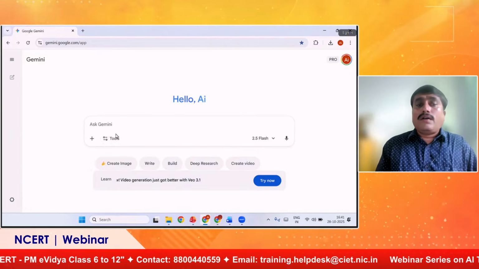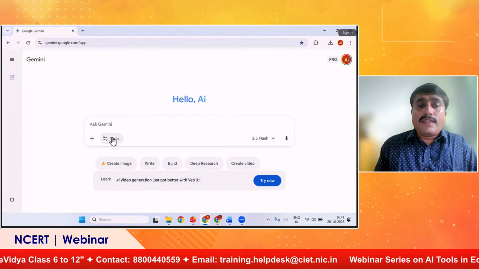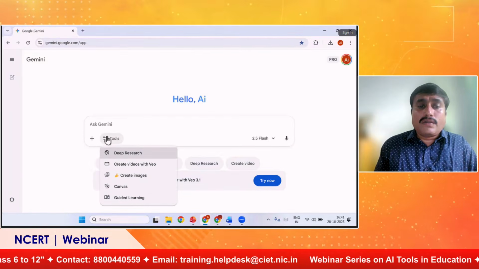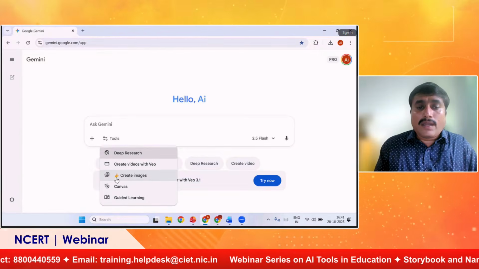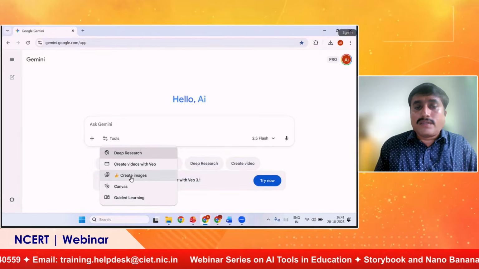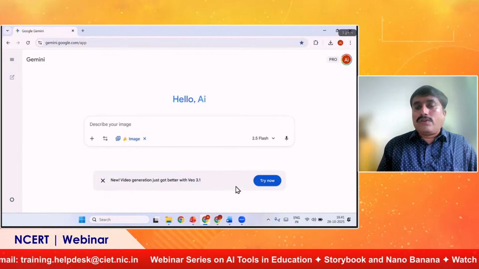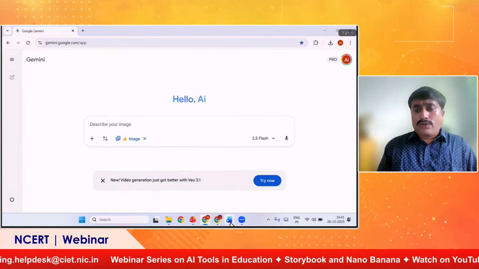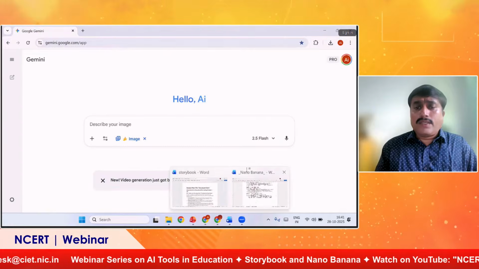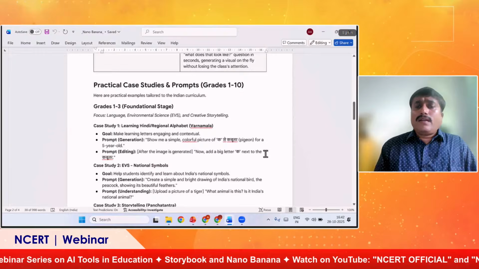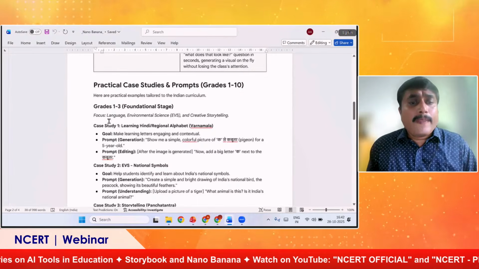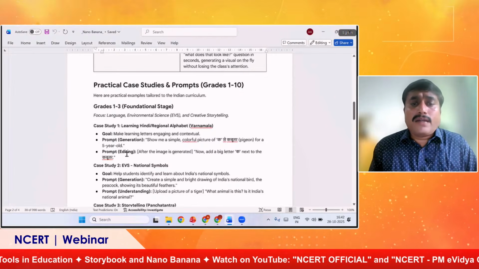Here you can use the option called tools, and here is the Nano Banana. There are banana emojis there, create images. So this is the tool which we are going to use for various educational purposes. Like a case study for grade 1 to 3 standards.